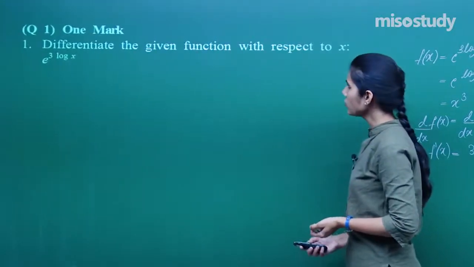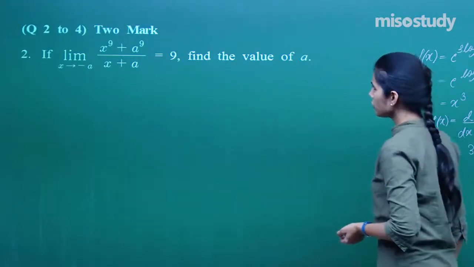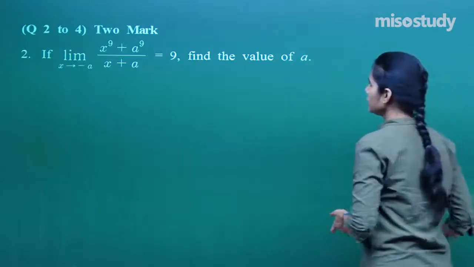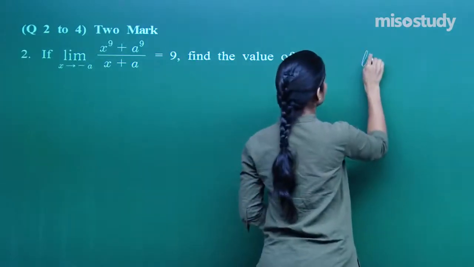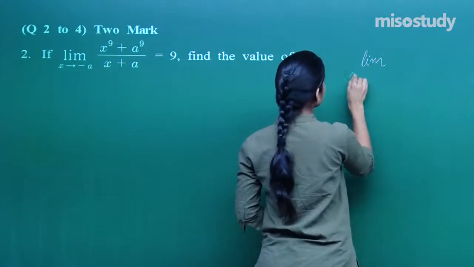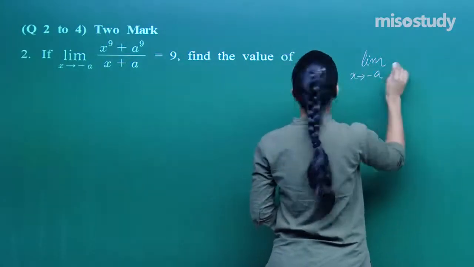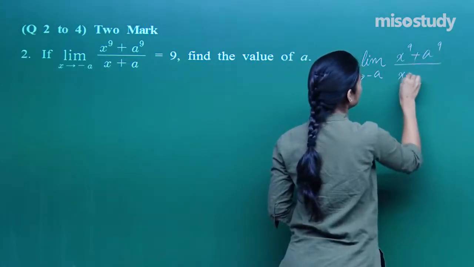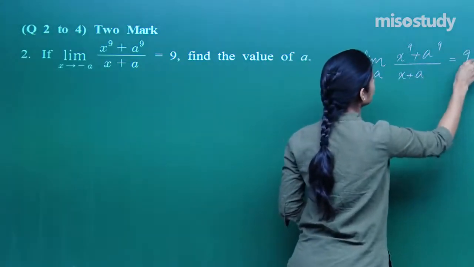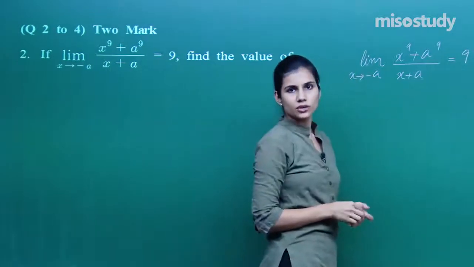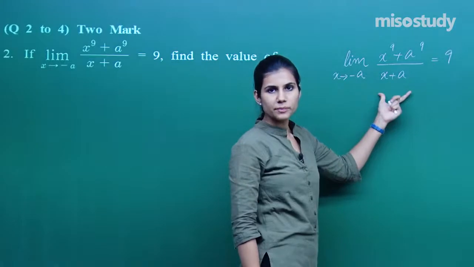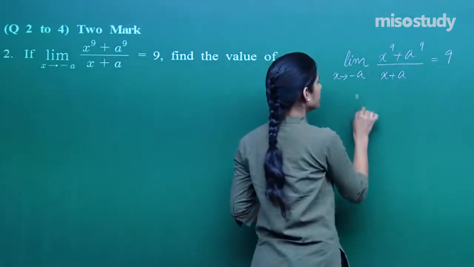Next question says that if limit of this function is 9, find the value of a. Here, if you write this particular expression, limit x tends to minus a, x to the power 9 plus a to the power 9 upon x plus a equals 9. You need to find out the value of the unknown a. The moment I look at this expression, there is one particular type of limit which I am able to recall, which was limit